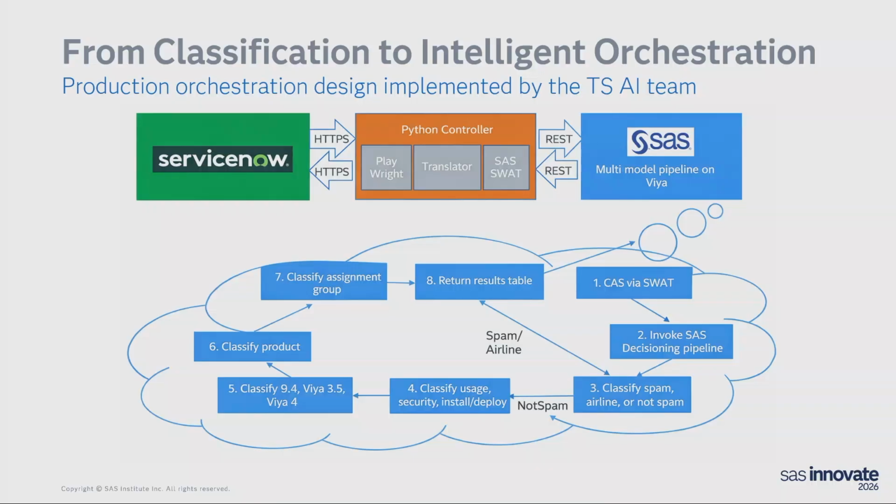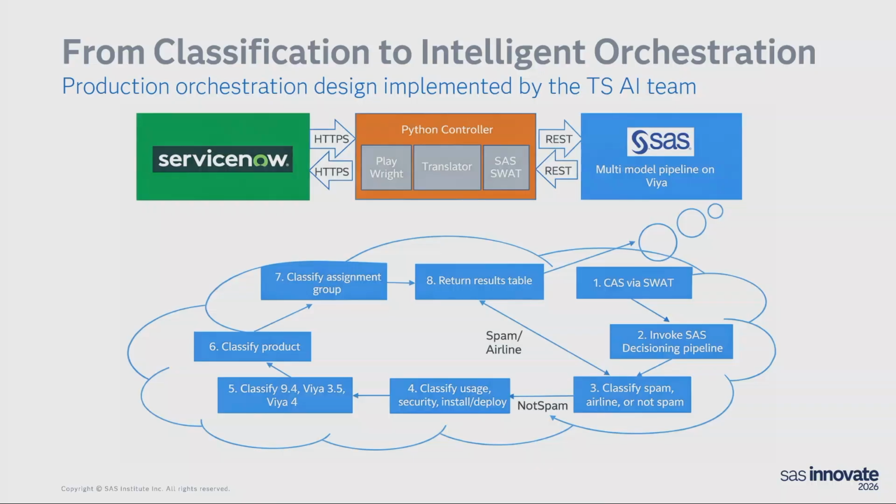Thank you. I have one question about that diagram on the bottom there. So we have ProctExpert enabling the classifications in step 3. Is there a future where we can use the same approach to classify things in steps 4, 5, 6, and 7? So for example, we could train a classifier to determine whether tickets that are already valid and not spam or airline are related to 9.4, VIA 3.5, or 4, and then basically improve our accuracy of where we send the triage tickets to. So are you asking that we should combine all the steps in step 3, or are you asking about separate classifiers?